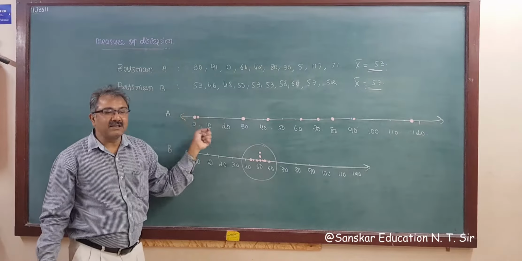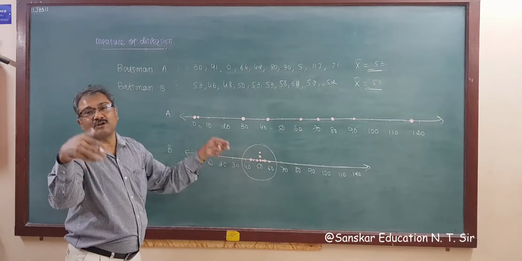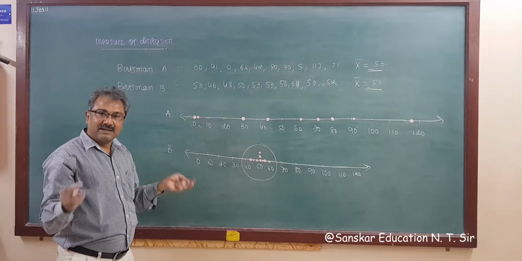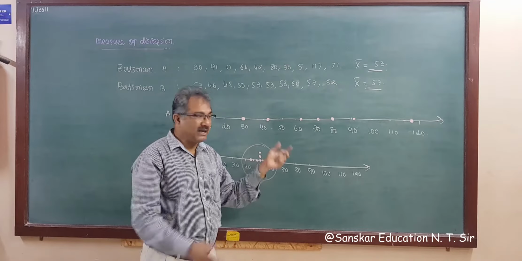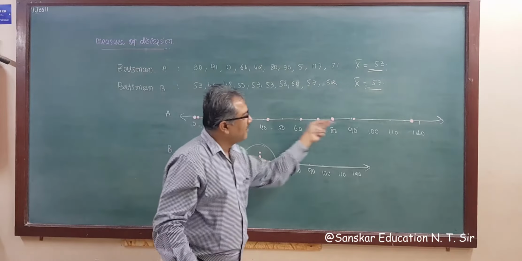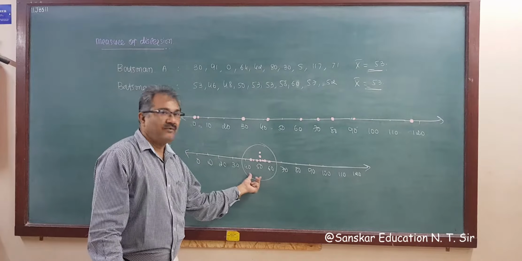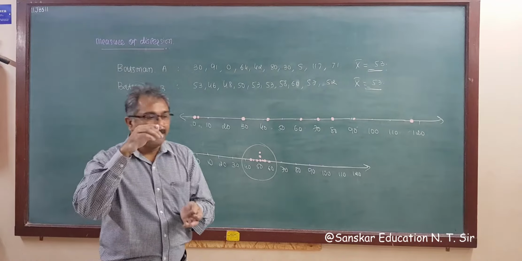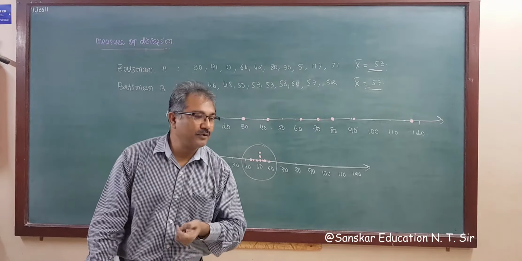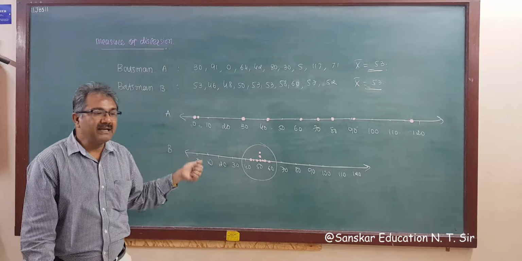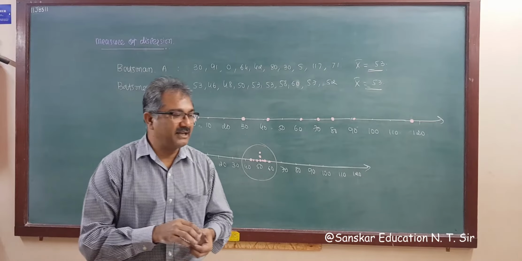Thus, the measures of central tendency are not sufficient to give the complete information of the given data, right? Because the runs scored by batsman A are scattered. There are lots of variations, and here they are close to each other, no more variation, and that's why the data are not sufficient to give complete information, right? So variability is another factor which is required to be studied under statistics, right?